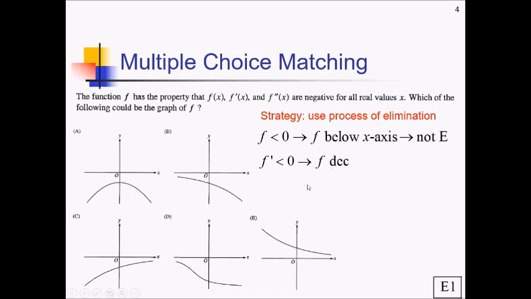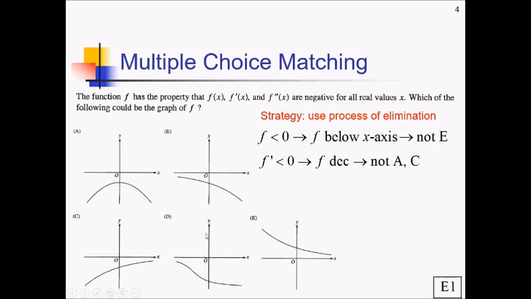Which of these graphs are not decreasing? Well, A is increasing and decreasing, so A is no good. And let's see here, C is just increasing the whole way, so also no good. B and D are both decreasing, so we can eliminate A and C, but we still have B and D